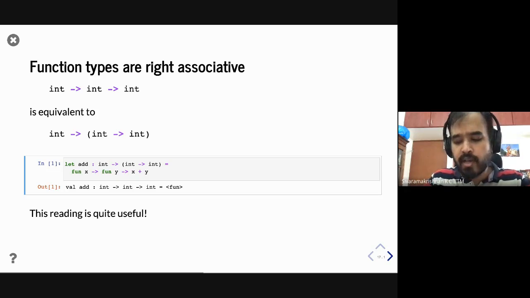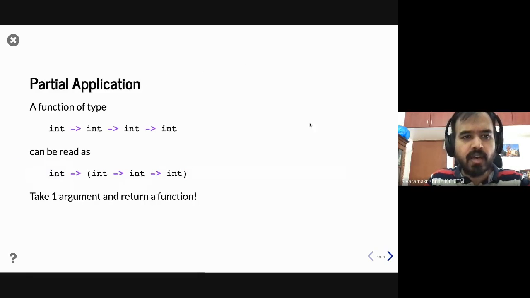Okay, so as I mentioned before, you can always look at a type signature. A function type is a signature that looks like this, and you can have two readings of this. You can look at it as, oh, this is a function that takes 1, 2, 3 integer arguments and then returns an integer, right?